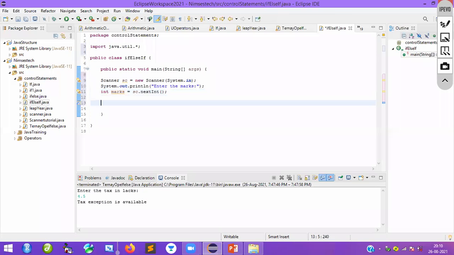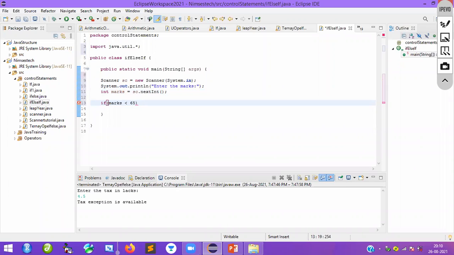Suppose I take it like this: if marks is less than 65, I will take 65.